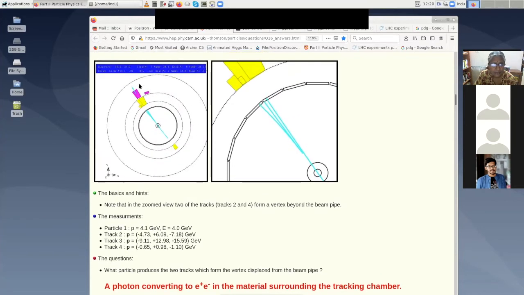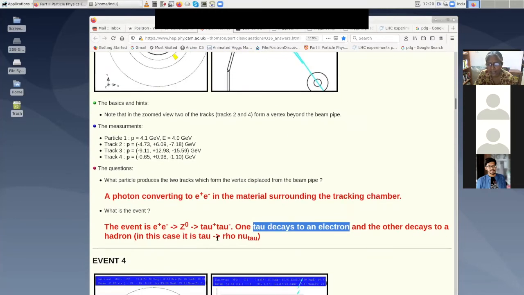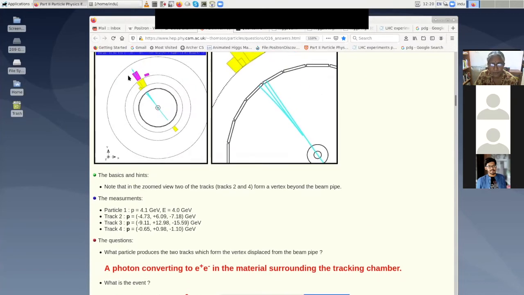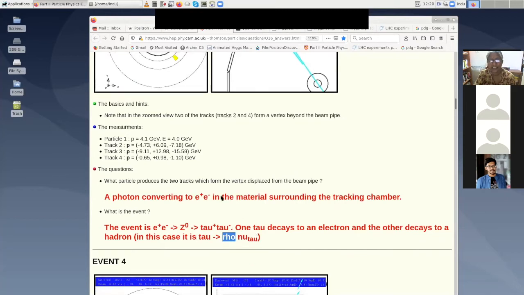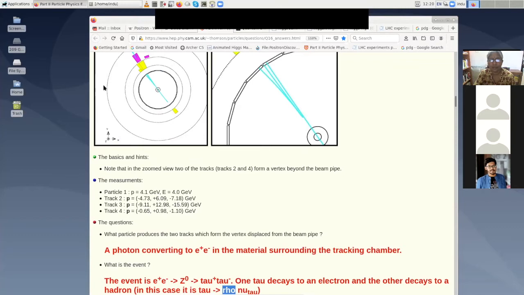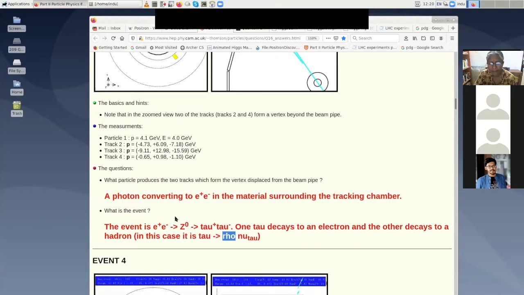And on the other side, you can see that there is some hadronic energy, and you can't simply do it by seeing. They add up the total momentum that is there, and it adds up to the rho meson. So the tau goes to a hadron, and of course nu tau to conserve lepton number on both sides. So it goes to a rho meson, which then decays also, and the decay components of the rho meson are seen here. So that's getting a little more complicated, but basically Z can also go to tau tau.